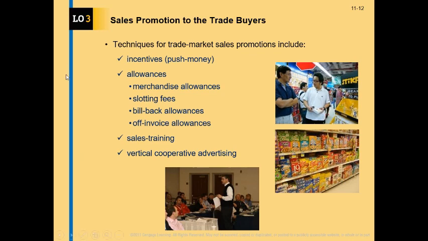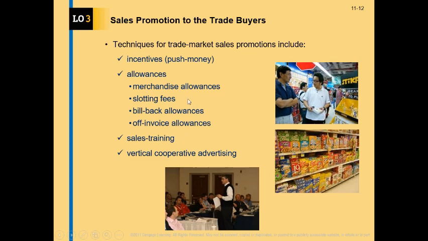These techniques include incentives in the form of push money, right? You offer a prize or money to the best salespeople, the ones who perform better, and promote your product in the store. If you give that incentive, the personnel at a store will be more prone to recommend your product versus other manufacturers. There are allowances in terms of merchandise allowances,